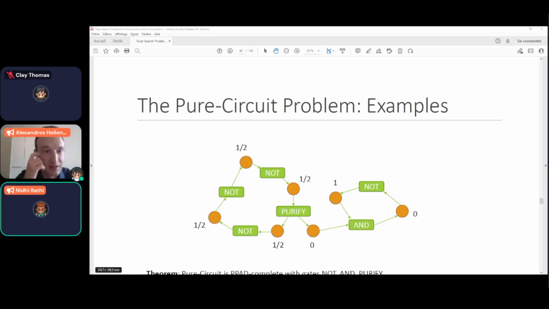Can you hear me? Yes. Hi, this was a very nice introduction to this problem. Thank you. I would just want to ask, can you give a very brief intuition why this would be end of line? What I've been trying to think of is the parity argument, which I think should come from the parity gate. Are you asking why this is as hard as end of line, or why is this in PPAD? Why does it reduce to end of line? Yeah, like where's the parity or total existential argument going on here?